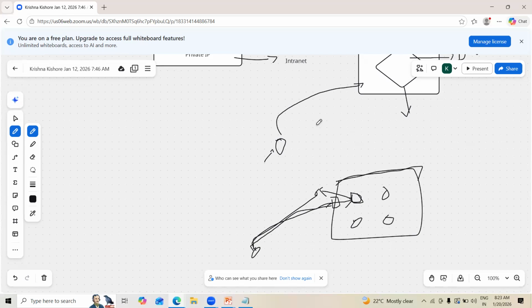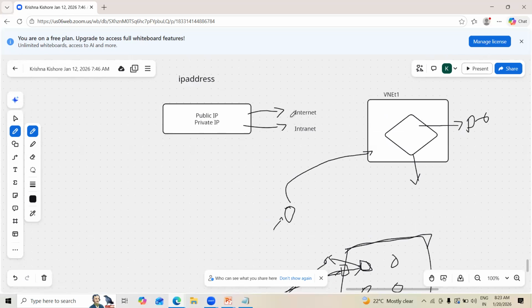So I told you, right? Public IP for internet, private IP for intranet. So if you have a public IP, that means you are available on the internet. I can connect to you because I am also on the internet, and you are also on the internet. It shows you have a network boundary, but you're not part of this network at all, because you have a public IP. So whenever you get a public IP, you are available for everyone. Whoever knows the public IP can connect.